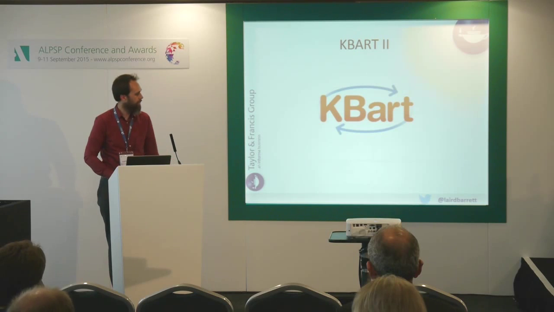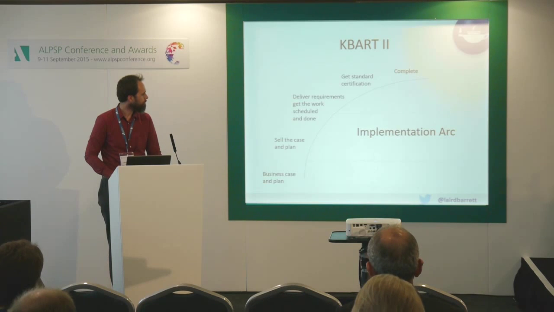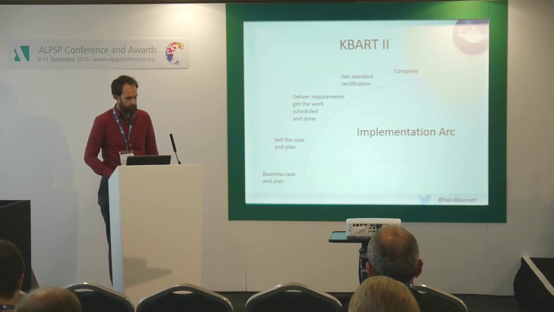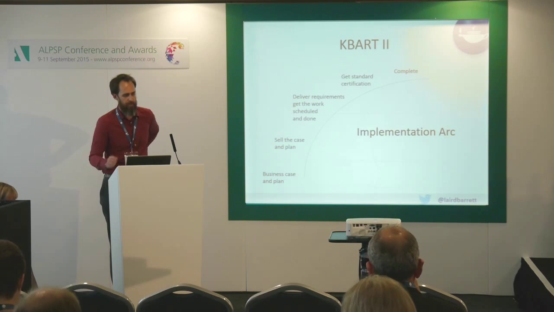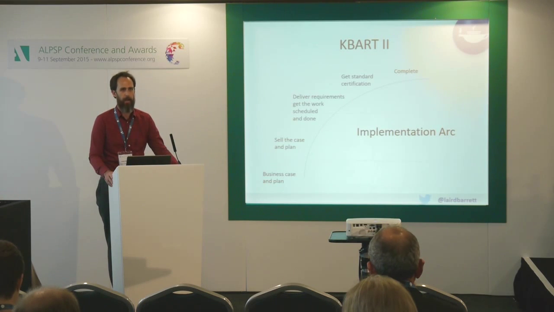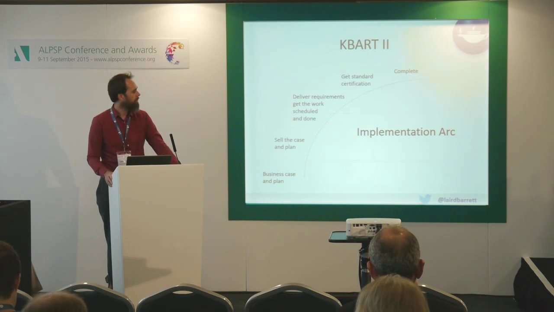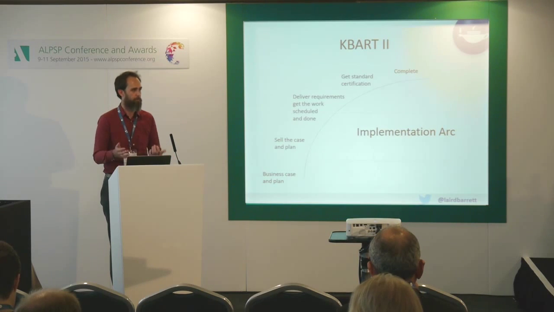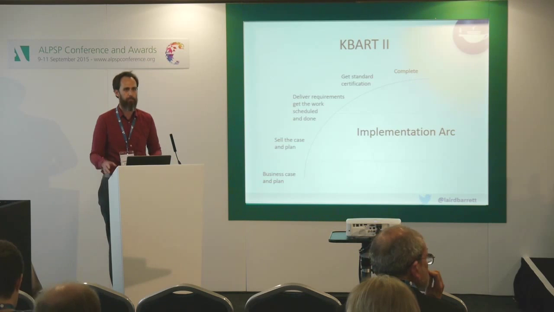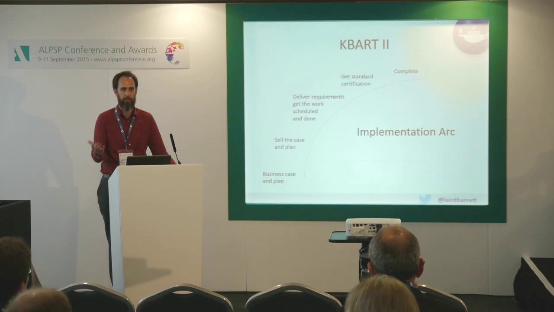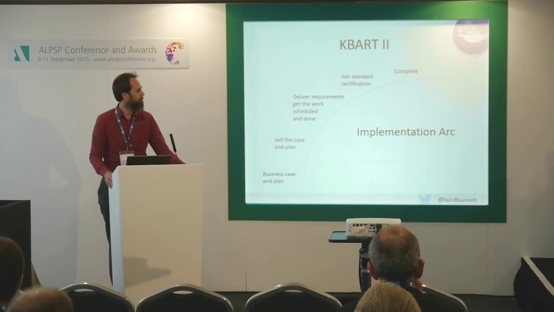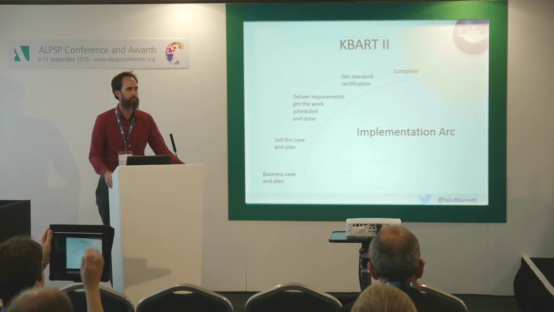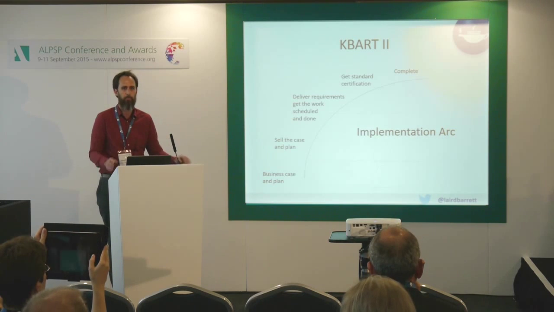I guess I'll talk about the steps that I went through to actually achieve that. The first thing that I needed to do, at T&F at least, was to build the business case for actually implementing the standard at Taylor and Francis, and set out a plan for doing that. It's fairly easy to do when it comes to KBART, because having a good title list enables linking through to content on Taylor and Francis, which equals usage, which is obviously important to people. And also we have customer queries about our title list fairly frequently. So should this be in here, or what's the problem with this?